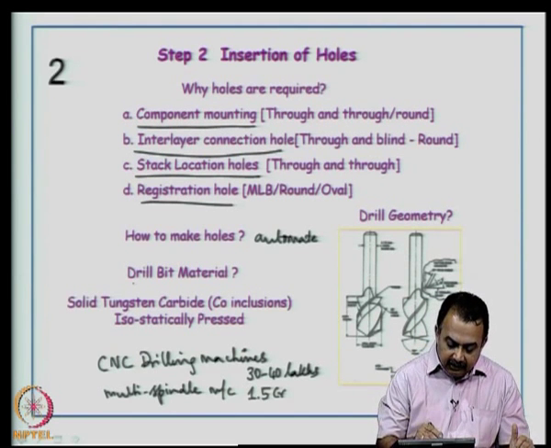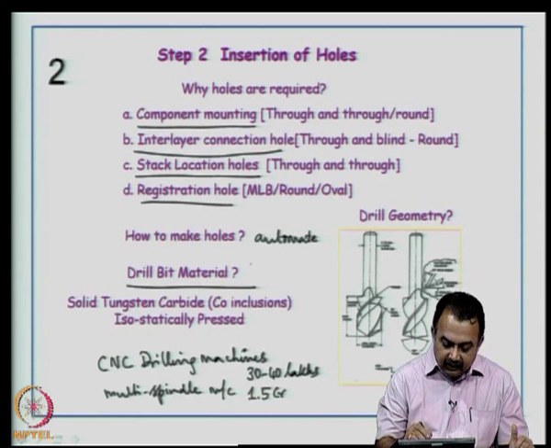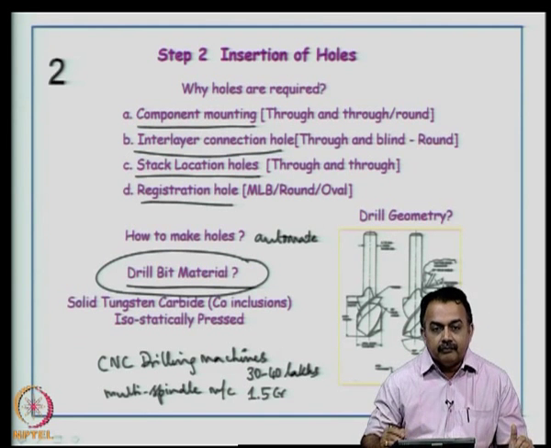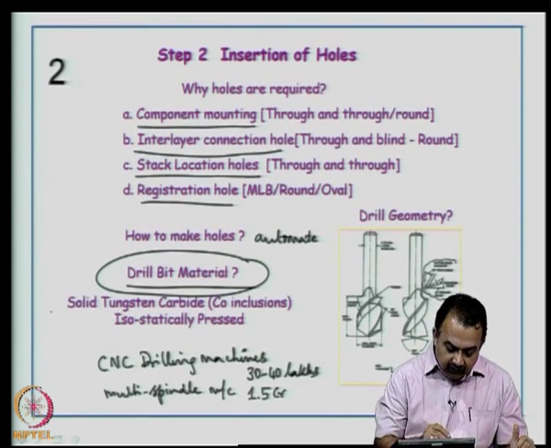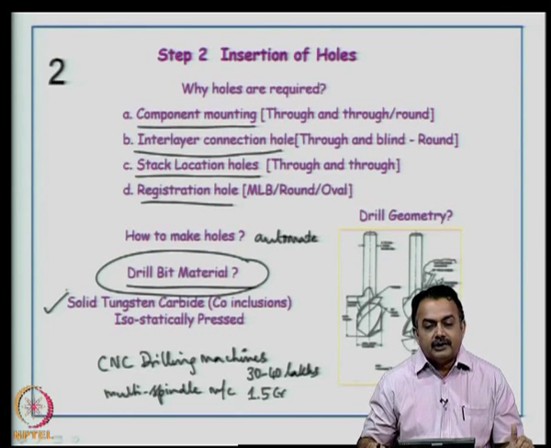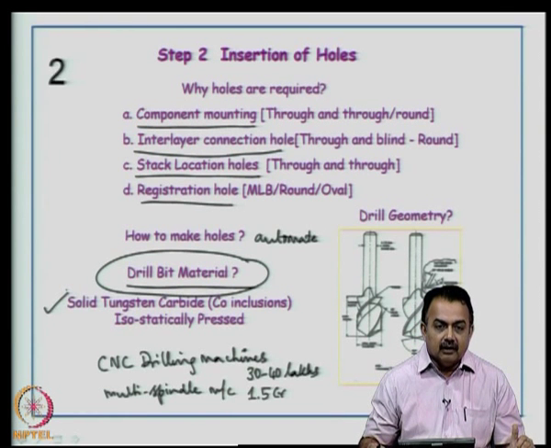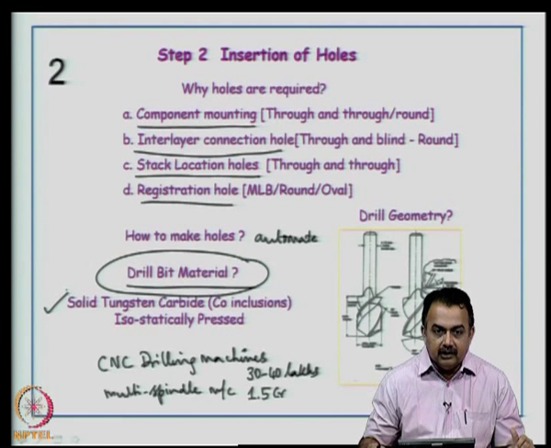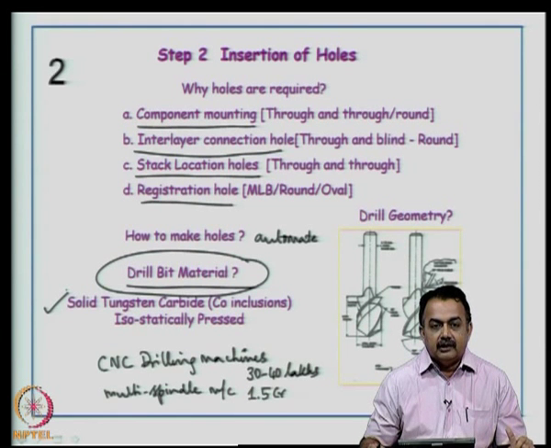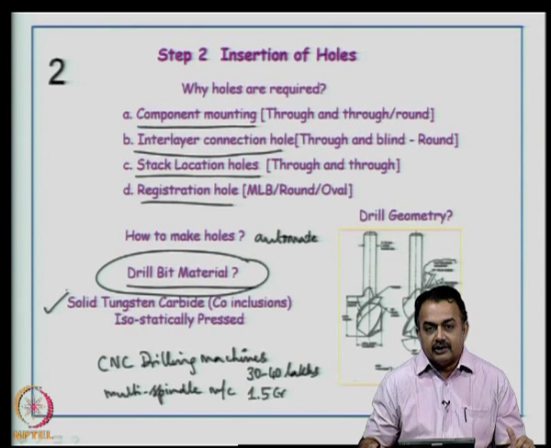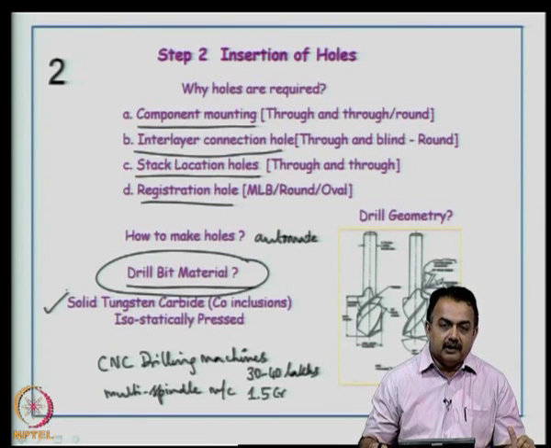So, the drill bit material has to withstand this kind of environment and process. Therefore, the most suggestive material is solid tungsten carbide with cobalt inclusions. This is a very tough material, and it is isostatically pressed when it is manufactured, and then you can in fact repair these kinds of drill bit materials for at least